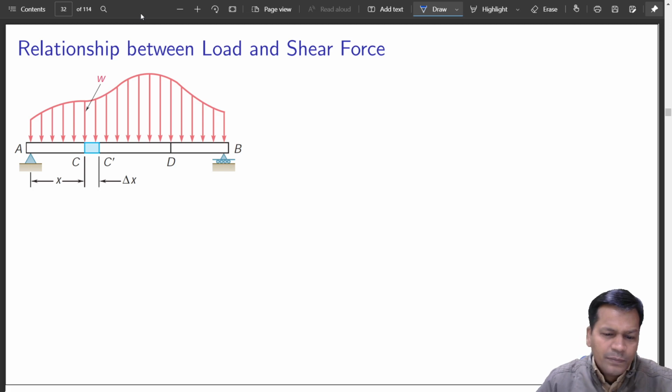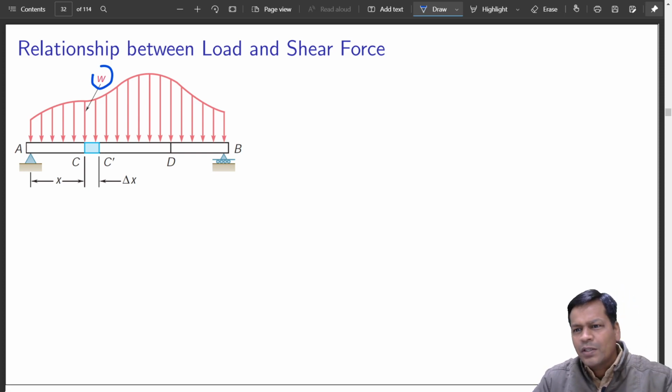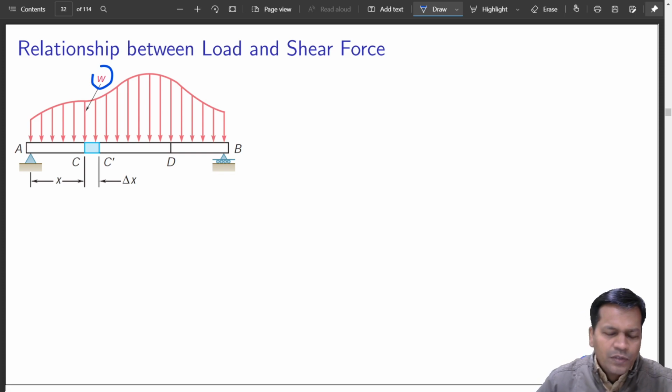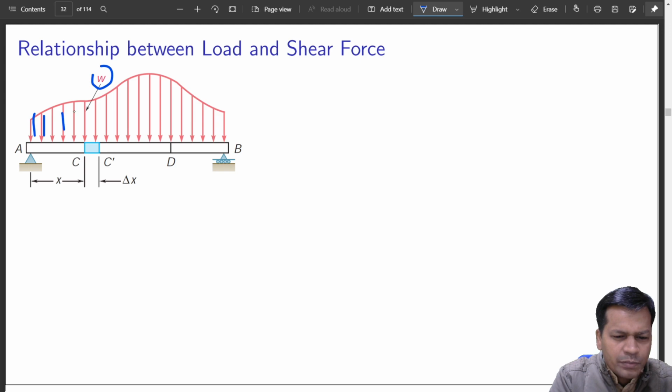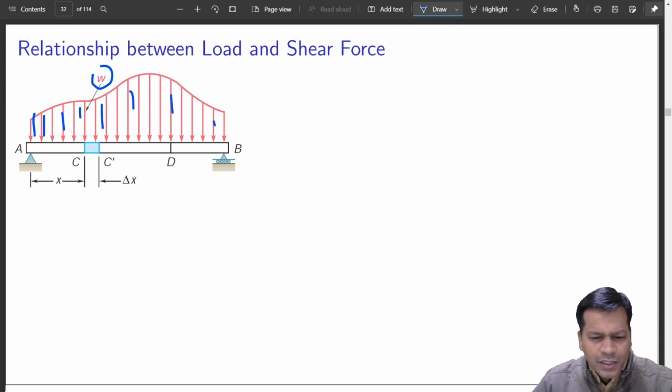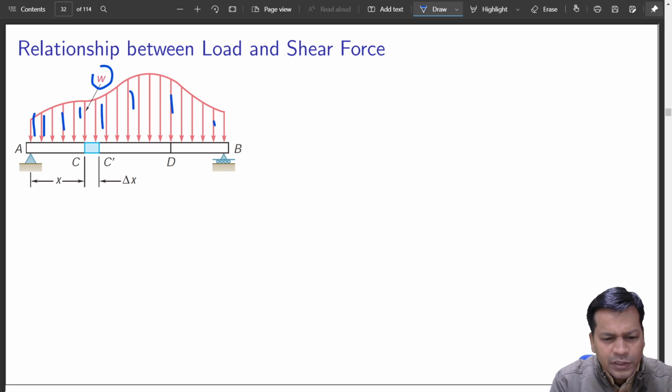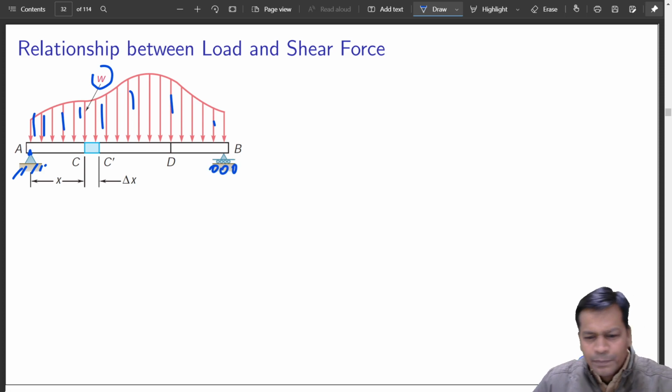So this is a load distribution which is given as W. W is varying. It is not uniform throughout. It varies as W, which is a little bit more, a little bit less. So it is given by this, and it is supported over a simply supported beam which is pinned at one end, and the other end has a roller support. So this is quite okay so far.